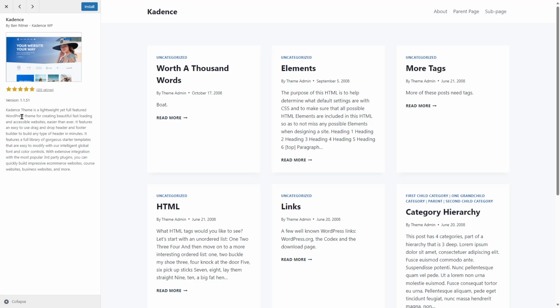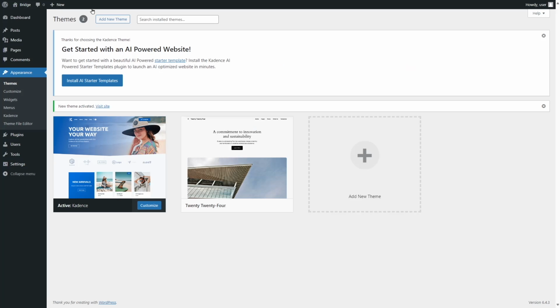Here we can look at the description of Kadence, and to install it, we can simply click on this Install button. We're going to click on Install. As you can see, our theme has been installed. Now, with this button, we can activate the theme. So we are clicking on the Activate button. And you can see that the theme has been installed,